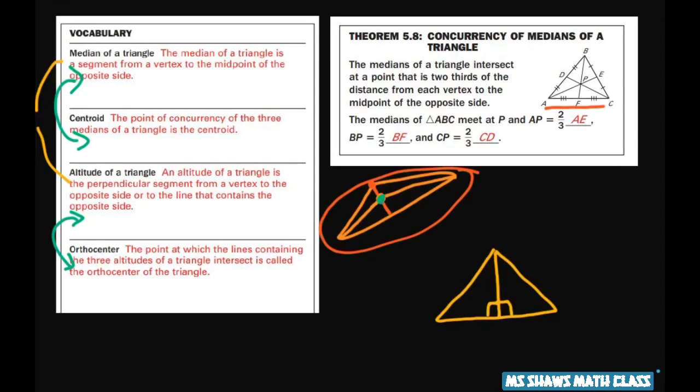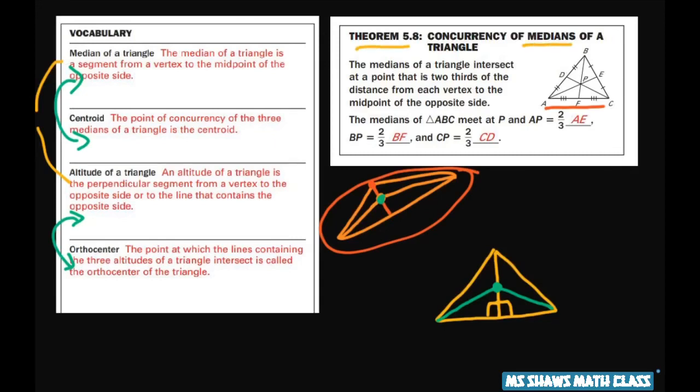And the orthocenter, which goes with altitude, is the point at which the lines containing the three altitudes of a triangle intersect. So this would be something like this. Something like that. All right, so that would be the orthocenter. And here's your theorem,